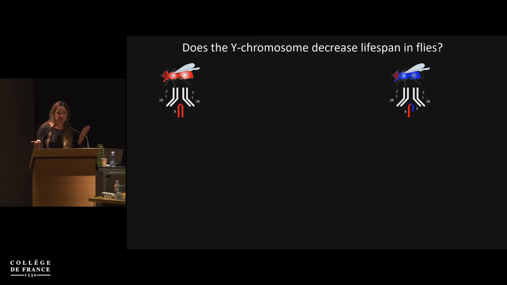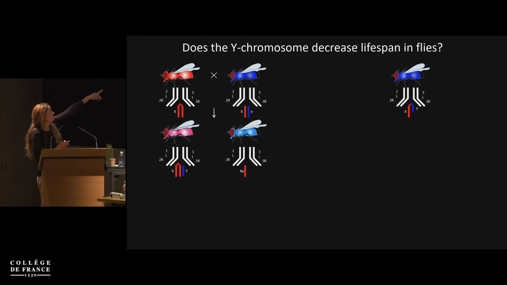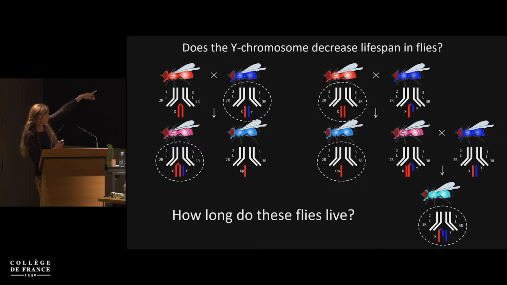And so the final question we try to answer is whether the presence of a Y chromosome directly contributes to shorter longevity. And here we can take advantage of classical Drosophila genetics. We can use what are called attached X and attached Y stocks, where the X and Y are fused, or two X chromosomes are fused. And we can just use standard crossing to generate flies, so we can generate females, for example, that have an X chromosome or two X chromosomes, but also a Y chromosome. We can generate males that don't have a Y chromosome.